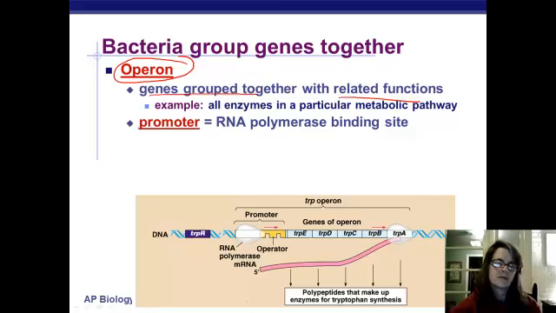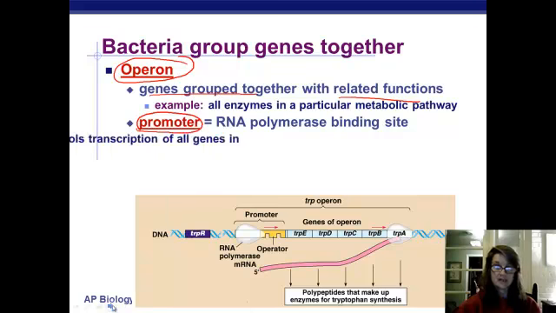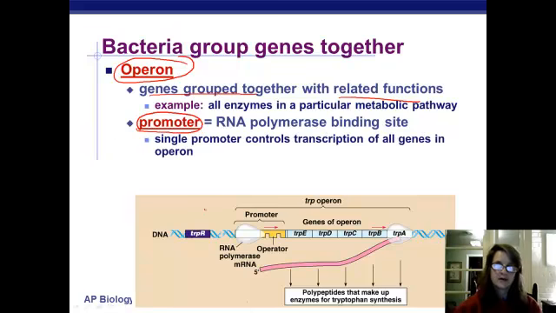Now, also part of the operon is the promoter. That region, the TATA box, if you'll remember, that tells RNA polymerase, which is in charge of transcription, where it needs to get started, okay? One promoter controls the transcription of all these genes. So here's this promoter region on this DNA for a bacterium, and here are the genes, for example, making the enzymes that help make tryptophan, okay? And this promoter would be where the RNA polymerase would bind, and it would just transcribe all of those genes, okay, if we needed them.